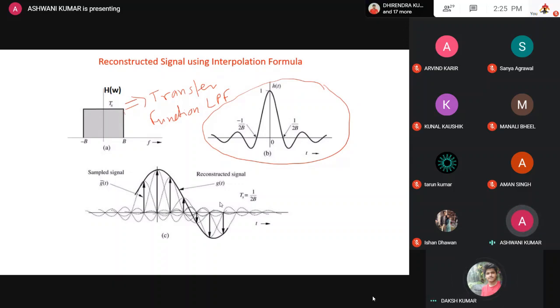As I earlier told you, using the low pass filter you can reconstruct the original signal. For that I also discussed the formula in the last class, if you remember. Using this, you can see when all these sinc pulses are added, you just add these points. This is the amplitude of this, this is the amplitude of this, this is the amplitude of this, this is the amplitude of this, and do some curve fit. That will give you the original message signal. This is the philosophy, this is the theory of how you can reconstruct the original signal. I hope all of you are getting this.